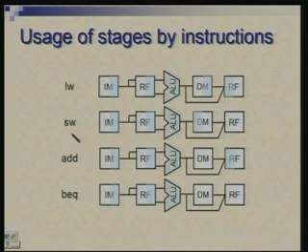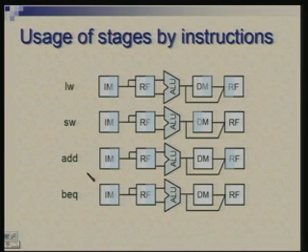Okay. So, for different instructions, here add will represent that entire class. So, for load, let us see, IM is reading, register file is read, ALU is utilized, then reading from memory, writing into the register file. For store, these first three steps are the same. The fourth step is that you are writing into data memory. For the add instruction, the memory operation is skipped and there is a bypass path. So, after that I am writing to the register file. For BEQ, I need only the first three stages.